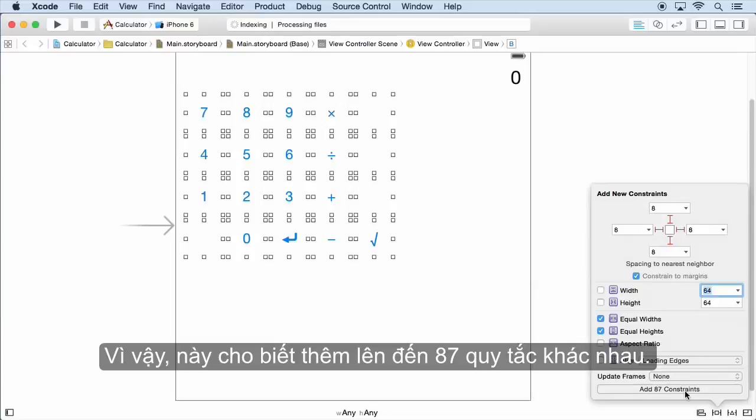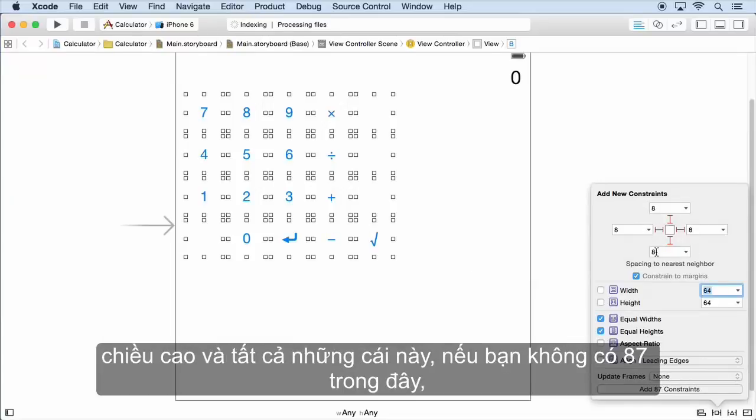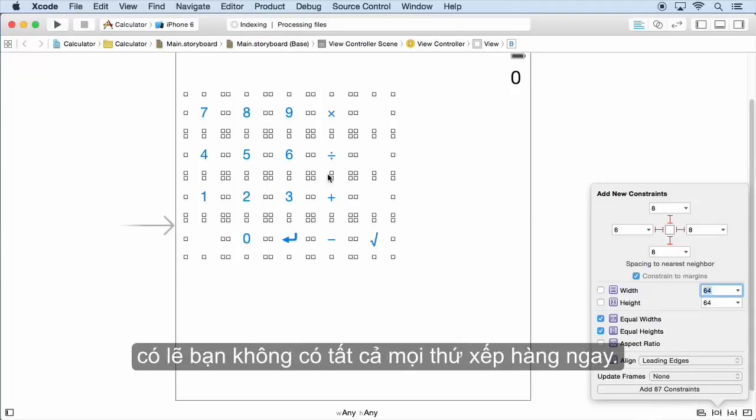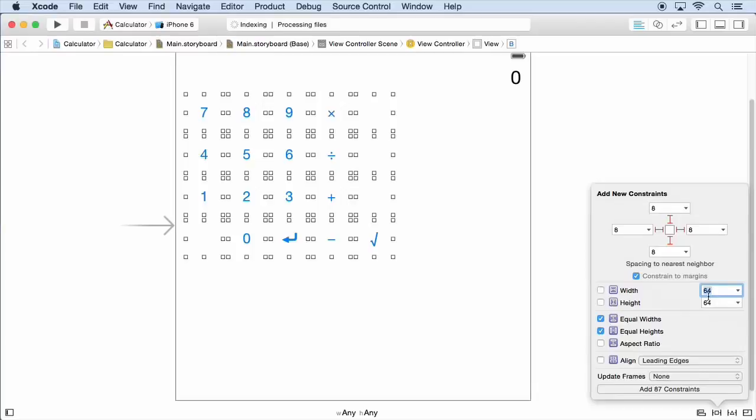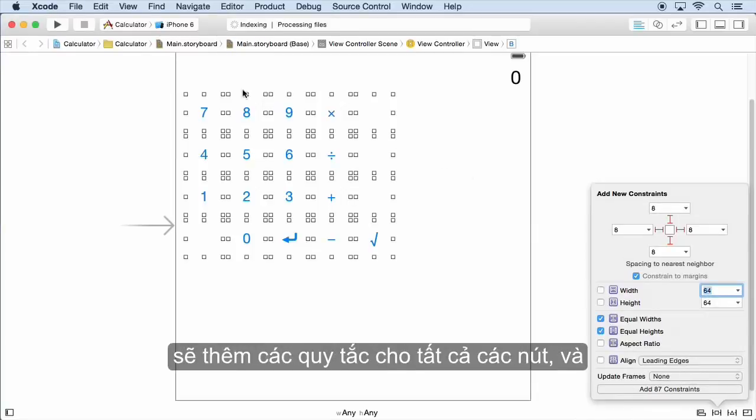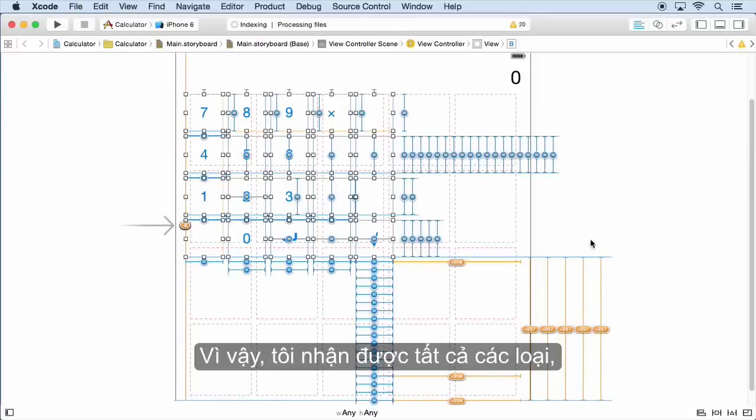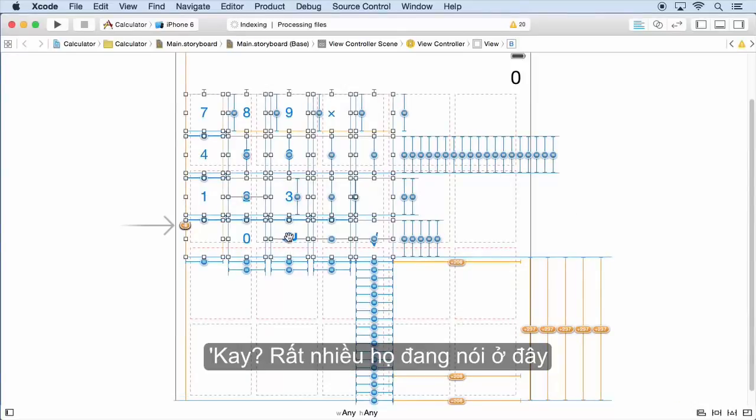So this adds up to 87 different rules. All these equal widths and heights, and all these spacing neighbors. So if you don't have 87 in here, if it says 100 and something, whatever, probably you don't have everything lined up right, because it only takes 87 constraints to express all these rules. All right. Now, when I click this add 87 constraints, it's going to add these rules to all these buttons, and watch what happens. So first these blue lines are showing me the rules. Okay, a lot of them are saying